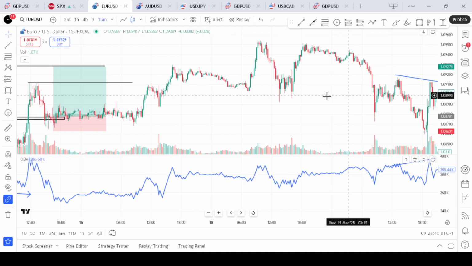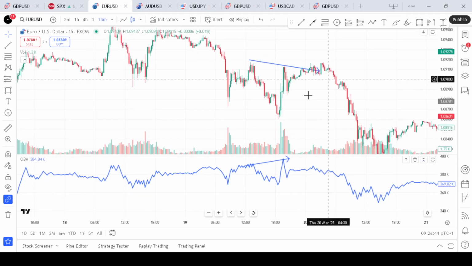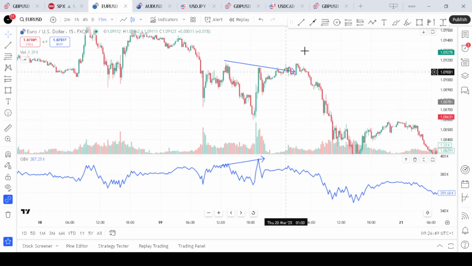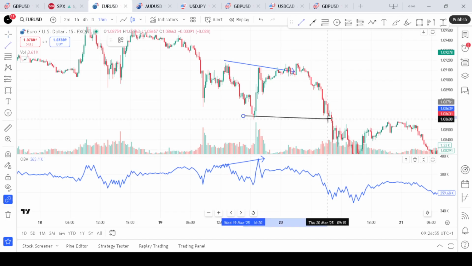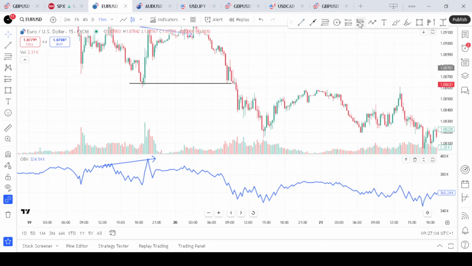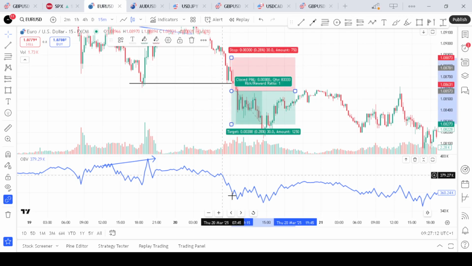Next, we can look for a bearish setup, a bearish trade. When we spot the divergence in price and the OBV, we look for price to break the support area. And as we can see at this area, when price broke this support area, we enter after we see our engulfing candle. We can enter after the engulfing candle, or you wait for a retest. If you enter after the engulfing candle, we can see we are being backed by the OBV indicator, proving that it is trending to the downside. You place your stop loss just above the swing